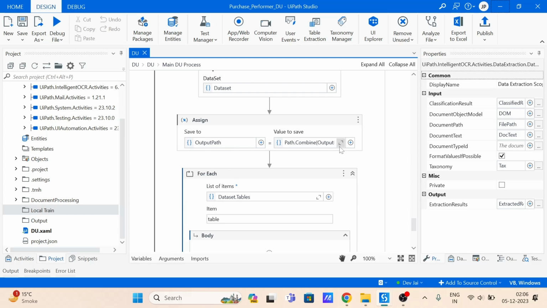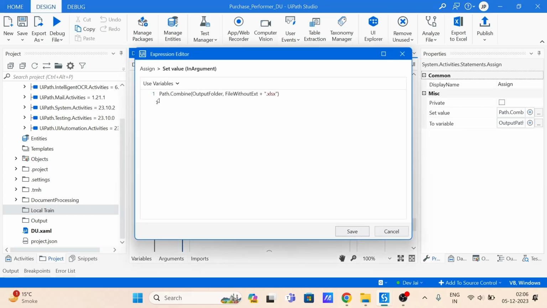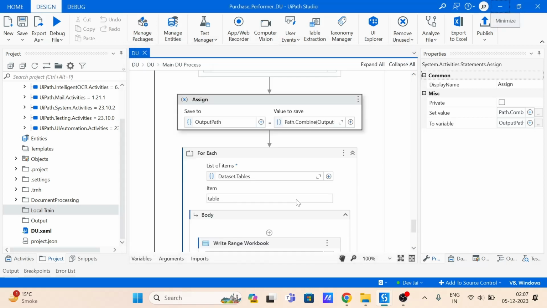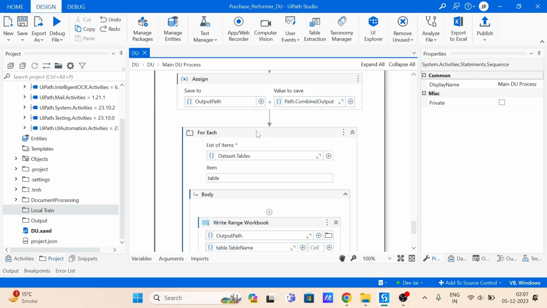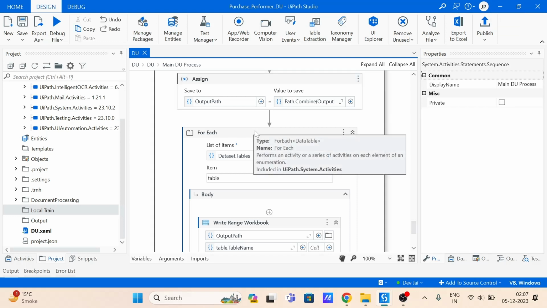Now here I'm using a dynamic path. Dynamic path means, see, I have 3 input files, so all 3 will be having different names. So what I'm doing, I'm storing them in the output folder without the file extension. They are PDF, so I'm taking only the file name and adding an extension called XLSX. This is the syntax of it. Pretty simple. Using a for each to iterate the fields of the dataset called simple field formatted, item field, and item field formatted,